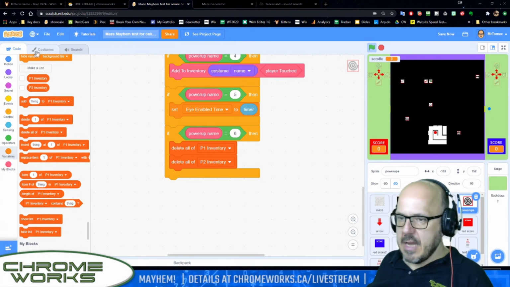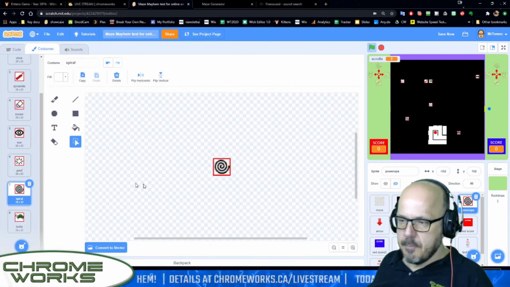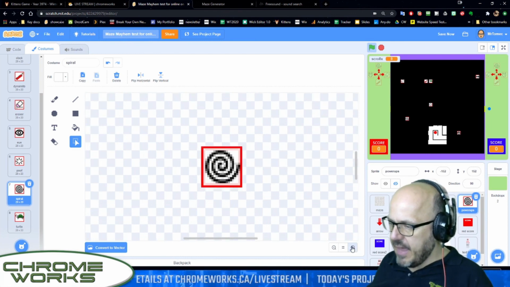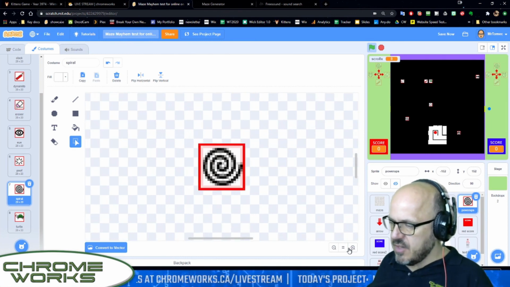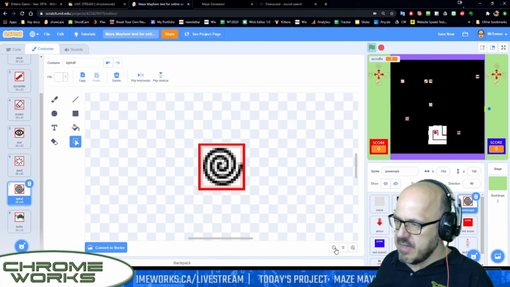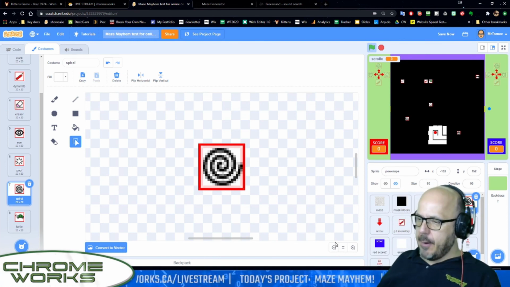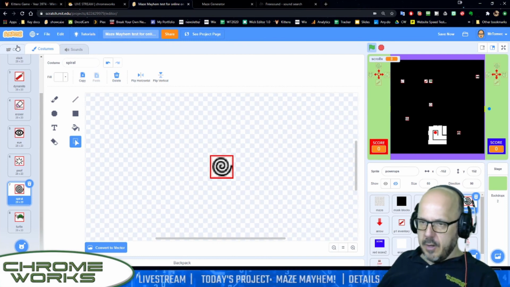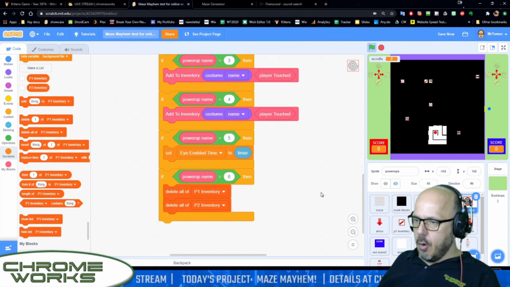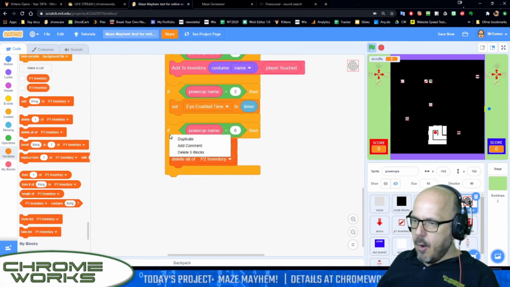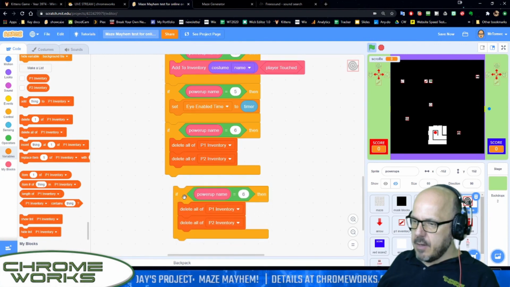Okay, our next item in our power-up list is this spiral icon, which is an inventory item that whenever you need to, you can use it to teleport to a random spot on the screen. So if you're facing certain death or have to try to get around something, that's one way that you can do it. So we're going to go back to our power-up code, same place we've been coding everything else here. We're going to say if power-up name is equal to 7,